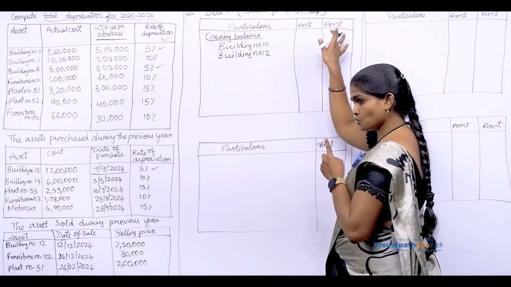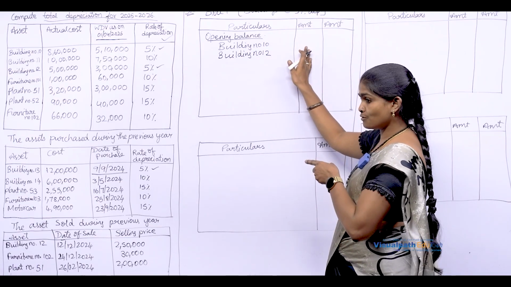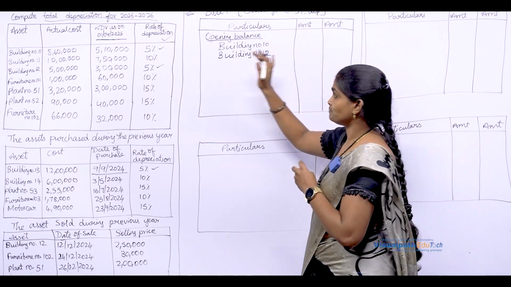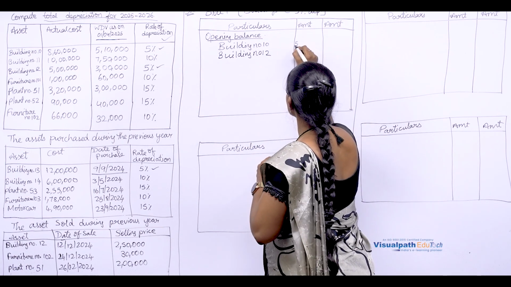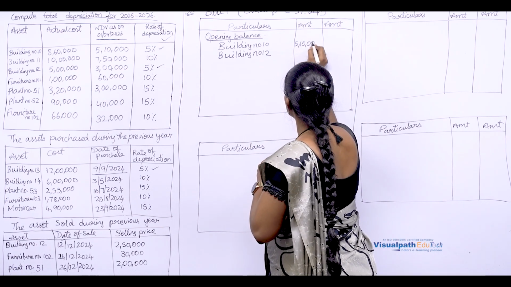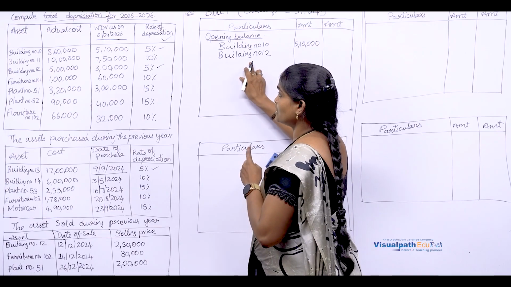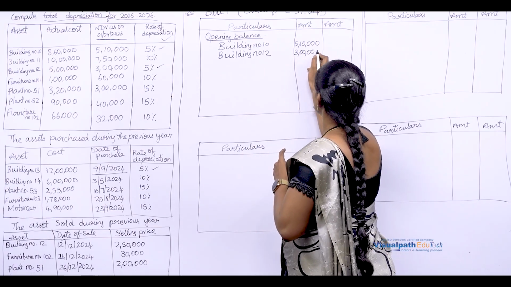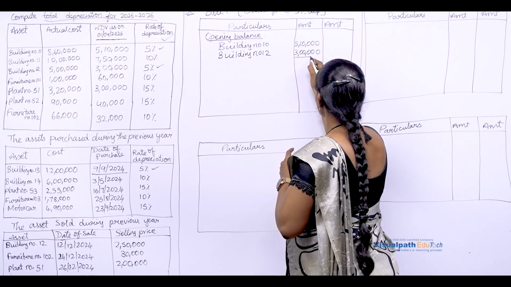Here I have taken two columns. So first you have to take in inner column, add the amount and write in the outer column. Now 5,10,000 for building 10, and for building 12 it is 3 lakhs. If you add this you will get